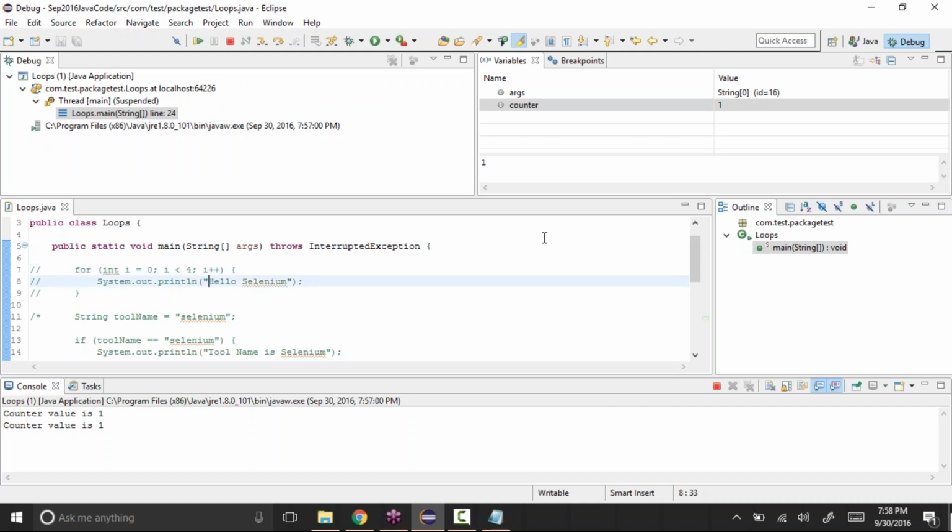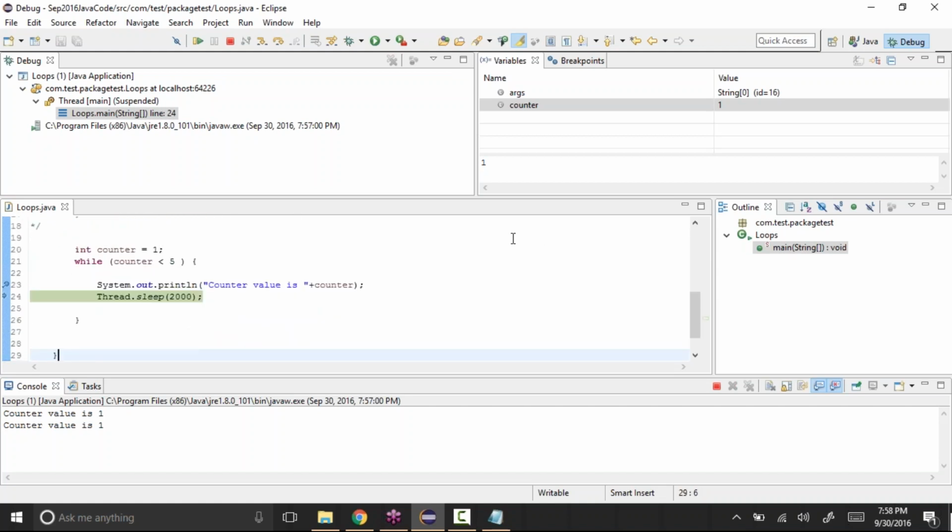But with the while loop we are not specifying anywhere to increment the value of that variable. So that's the difference. In the for loop, you have the code to increment the value of that variable in the loop itself, but in the while loop you don't have it, so you have to write your own code for that. Let me stop the execution.